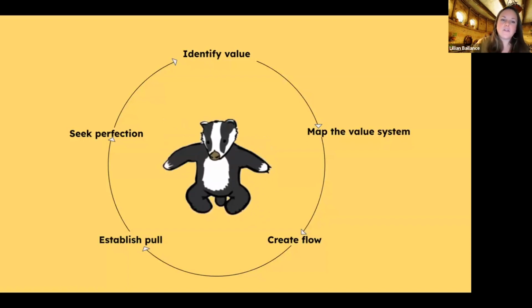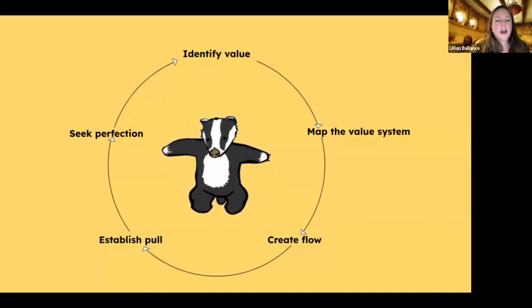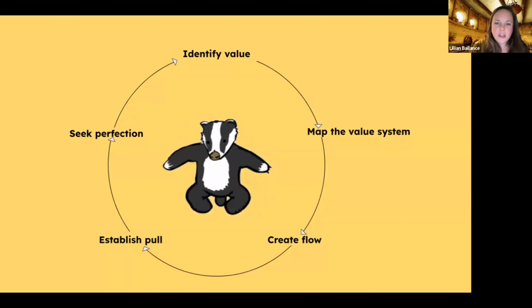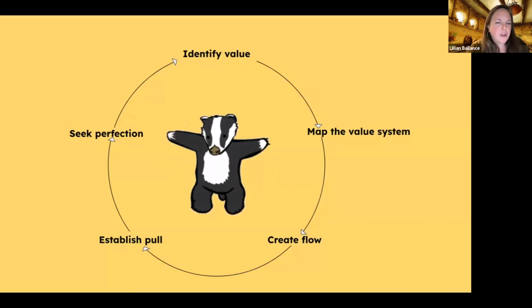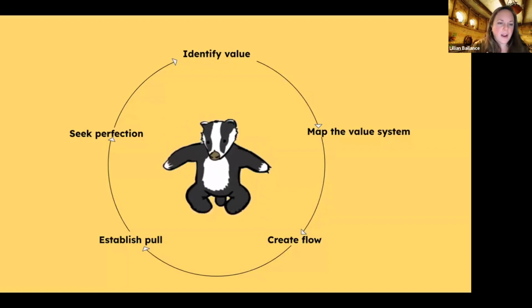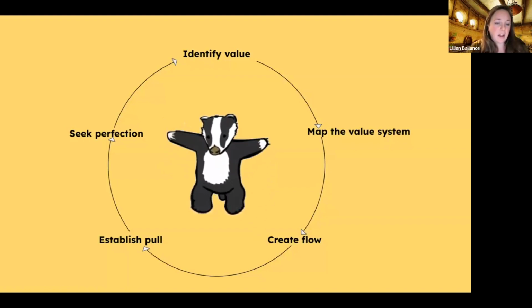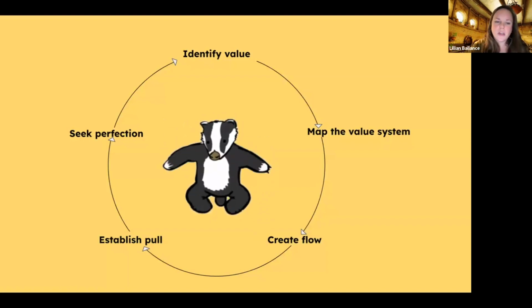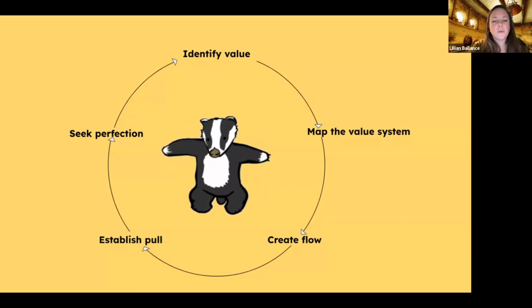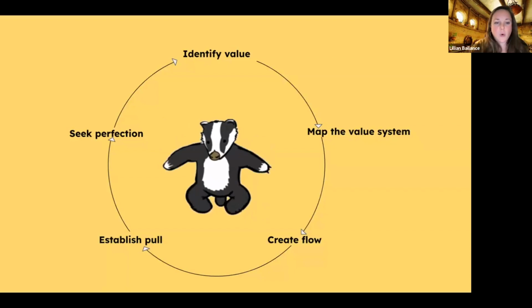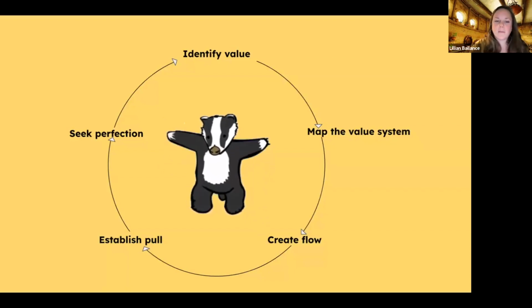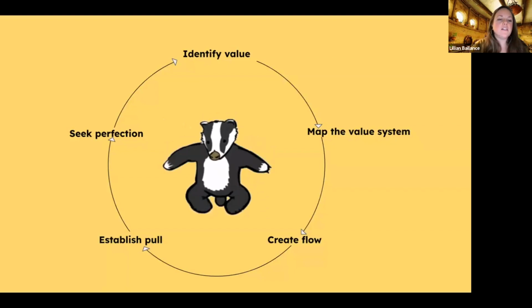1, specify the value desired by the customer. 2, identify the value stream for each product, providing that value and challenge all the wasted steps, generally 9 out of 10, currently necessary to provide it. 3, make the product flow continuously through the remaining value-added steps. 4, introduce pull between all systems where continuous flow is impossible to keep the workflow moving efficiently. And 5, manage toward perfection so that the number of steps and the amount of time and information needed to serve the customer continually falls.